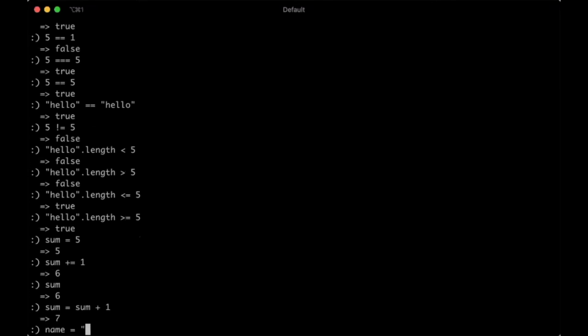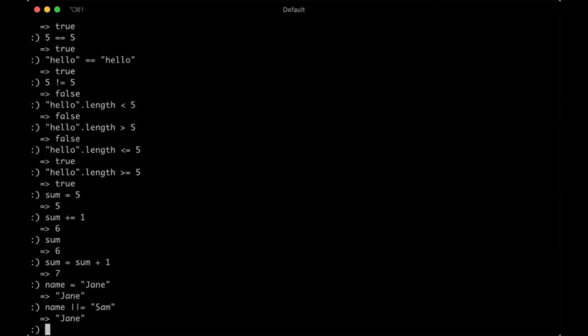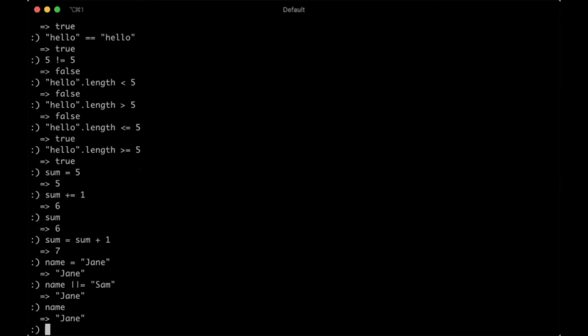Now let's look at this in the context of a Boolean operator like OR. So I have a name of Jane, and now I'm going to say I want to return the value of name or equals Sam. So the result of that is Jane. My name is Jane right now. New name